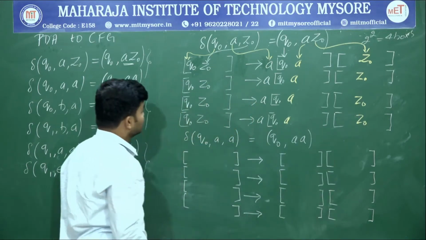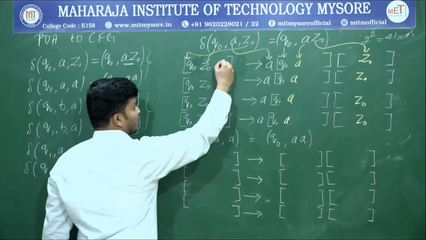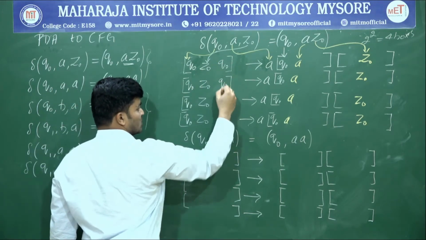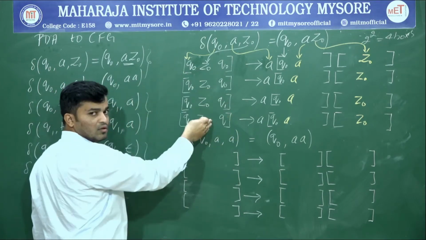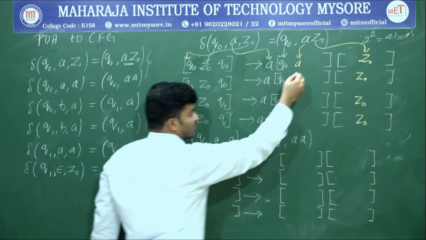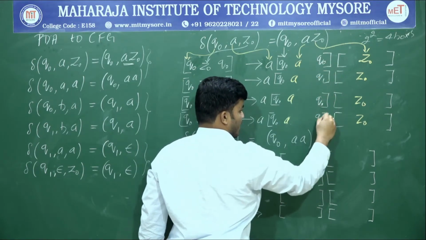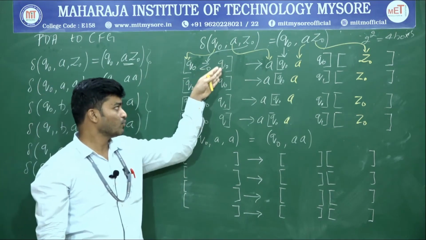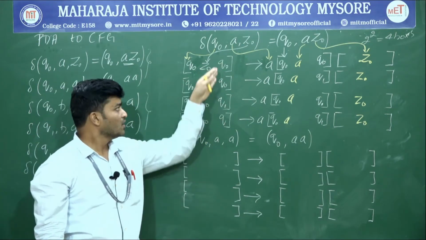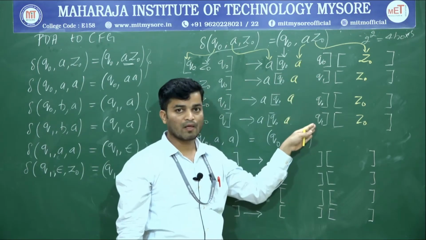Next, if you have got 4 Q naught, here you are supposed to write 2 Q naught, 2 Q1. 4 then 2, and if it is 2, then here 1: Q naught, Q1, Q naught, Q1. So I will repeat. If it is 4 Q naught, you write 2 Q naught and 2 Q1. If it is 2 Q naught, 2 Q1, then here you write Q naught, Q1, Q naught, Q1.